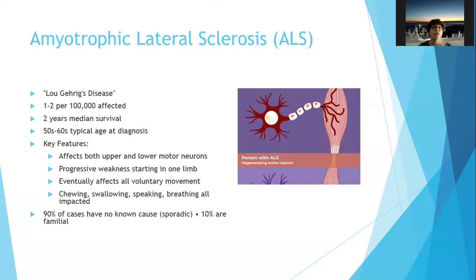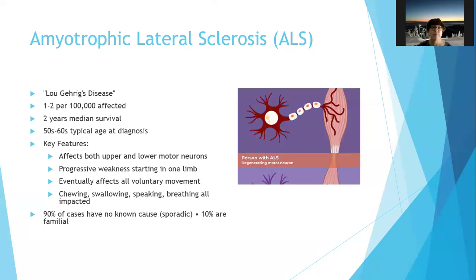The key features of ALS include progressive weakness starting in one limb, eventually affecting all voluntary movement, including breathing, chewing, swallowing, and speaking. Those are all pretty important. 90% of cases have no known cause. It's called sporadic. They're idiopathic. We don't know what causes it. 10% are familial. The gene for ALS that accounts for that 10% was discovered in 2012. It was published in Nature, which is a British scientific journal, but there's still no cause and no treatment or